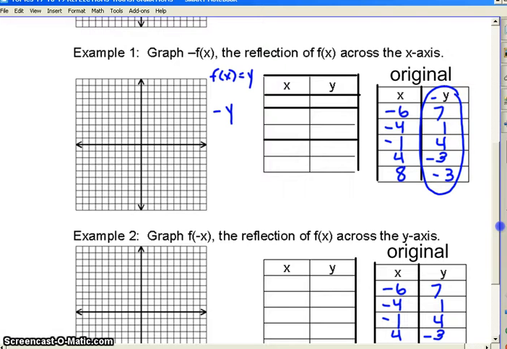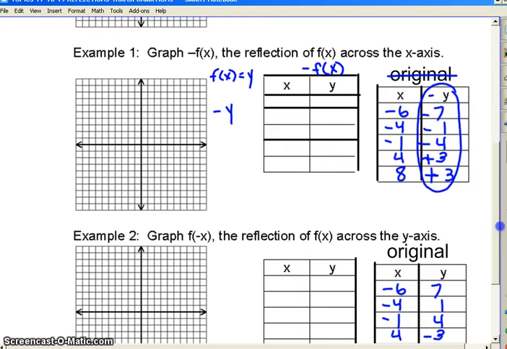Okay, if it tells us negative f of x, that really means negative y. So instead of positive 7, it's going to become negative 7, right? Instead of positive 1, it's going to become negative 1. Instead of positive 4, it's going to become negative 4. Instead of negative 3, positive 3. Instead of negative 3, positive 3. Okay? So I'm going to take all of those values